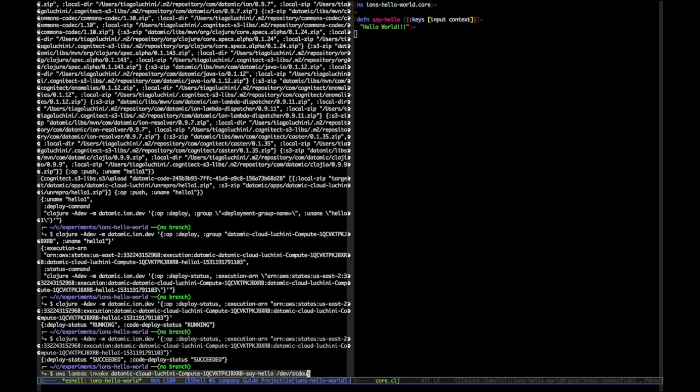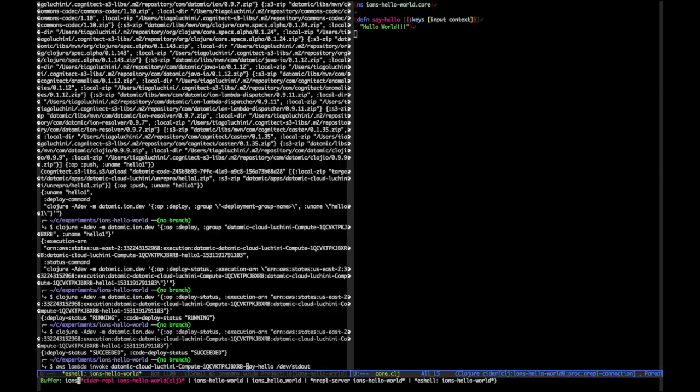Okay, so what I have done here, let me explain that. I'm using my CLI, AWS, command lambda, subcommand invoke. I want to invoke a lambda. And the name of the lambda, in order for the name of the lambda to be unique, and remember, in the ion's config file,